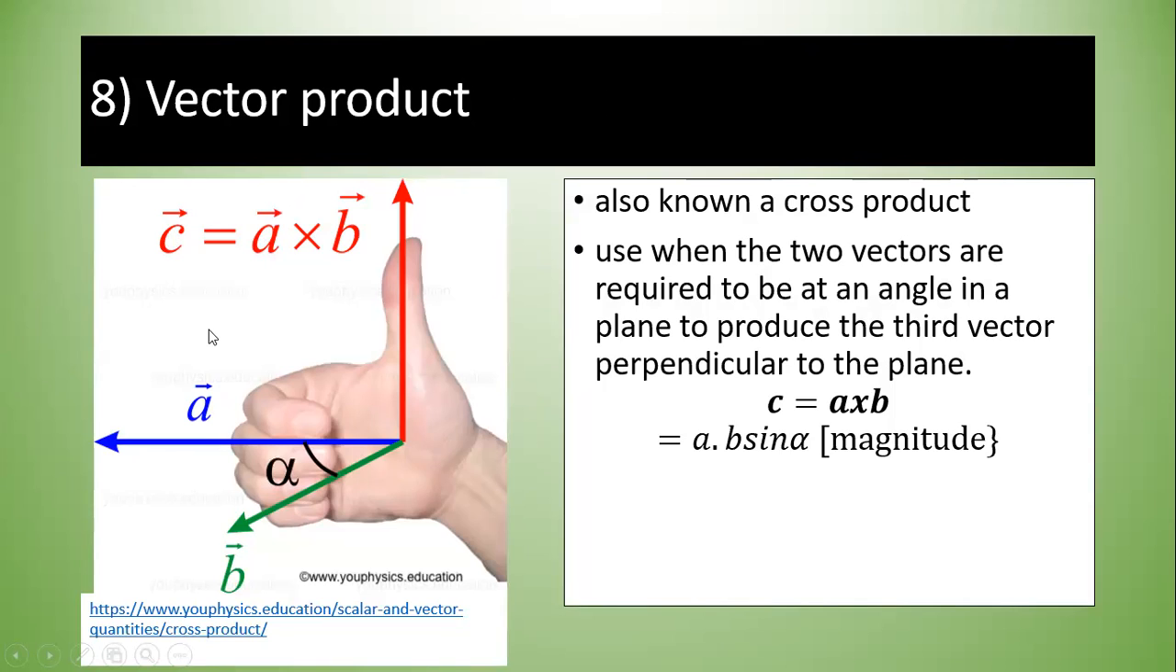Right? Here, we are interested to multiply two vectors, and the third vector is perpendicular to both of them. Right? We write it as C equals A cross B. And usually, you will get AB sine alpha as the magnitude. Okay, so to illustrate the point, the hand,